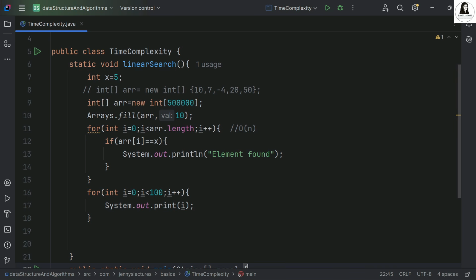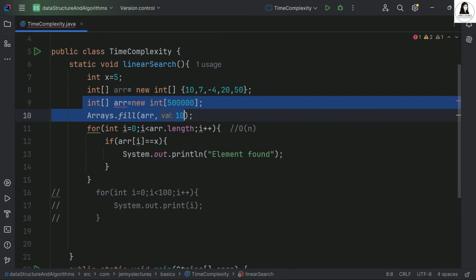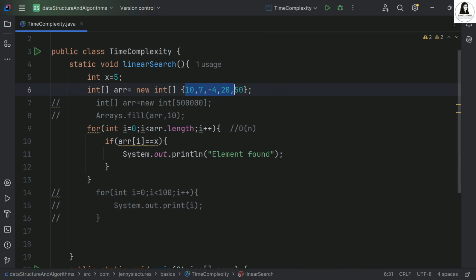Let me just show you one more thing. Let's comment out this thing. We have this array. Let's comment out this thing also. And I want to find out the sum of pairs. Like a pair is 10 and 7. We have pairs 10 comma 7.